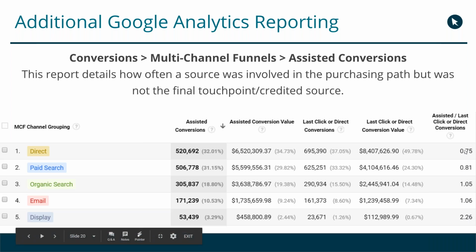Compare that to direct, which is under 1. Anything under 1 tends to be a last click heavy channel, right? So direct, as we talked about earlier, drives majority last click conversions and revenue as opposed to first click. So the way you think about it is you're running a lot of display campaigns that tend to get in front of new audiences, and then they later interact with other channels, and they ultimately go direct to your website,